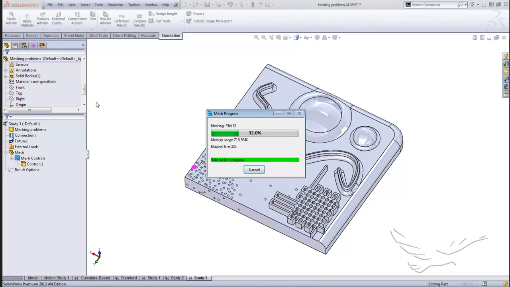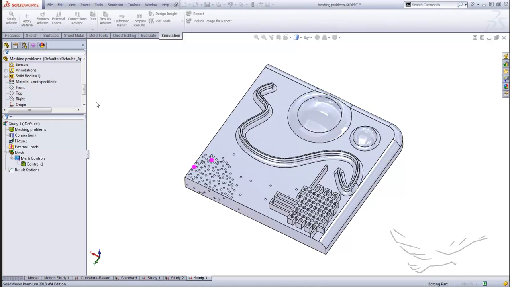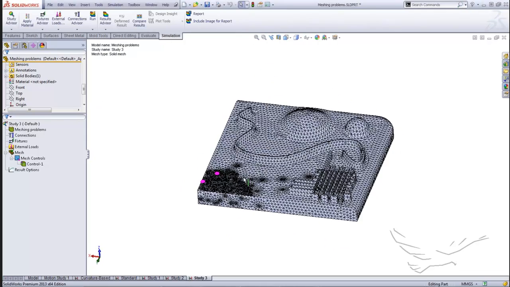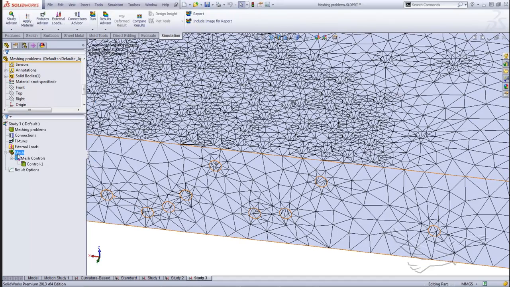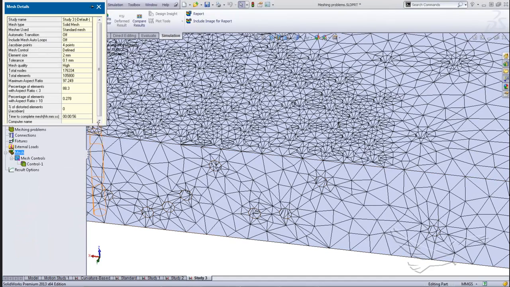Okay, so once this is completed meshing, we'll be able to see whether or not we need to apply additional controls. And we'll also be able to interrogate how long it took to run, how many elements, and total nodes we have. And it looks like that slightly aggressive approach succeeded. We take a look here, we can see my mesh is completed. And just interrogating it real quick and comparing it to our